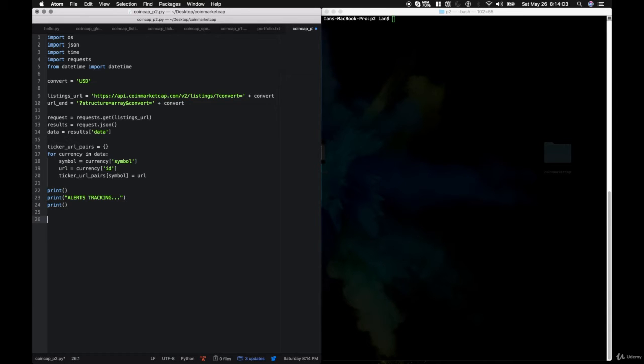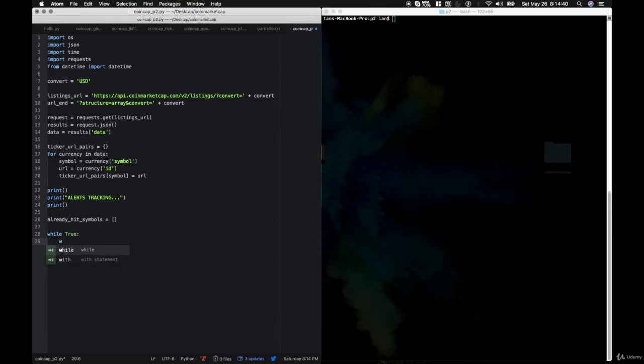And now we're going to create an array called already hit symbols. So say Litecoin hits 100 and it gives you an alert. We don't really want it to give us another alert every 5 minutes if it stays above 100. So we're going to make a check on this array and see if we already hit certain tickers. And we're going to create an infinite loop because we want this program to always be running in the background. So we'll just say while true,